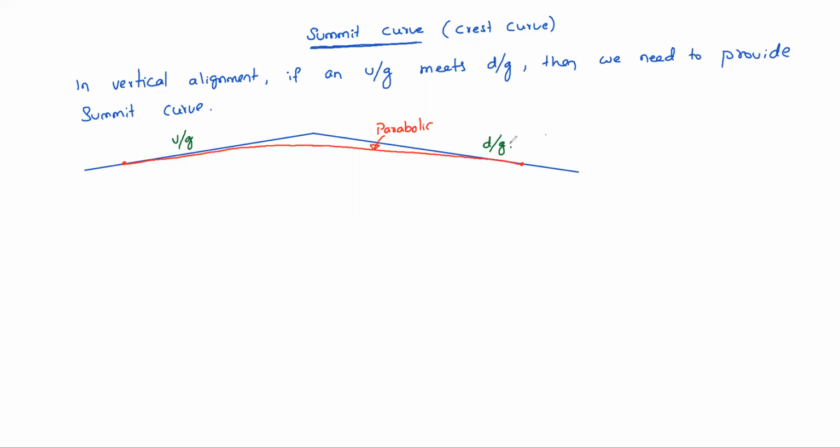So we need to understand some terminology here. Upgradient, suppose n1%, down gradient n2%. So we need to define one thing, deviation angle, that is generally called capital N. Capital N is the deviation angle, equal to the modulus of upgradient minus down gradient. This is the definition of deviation angle.